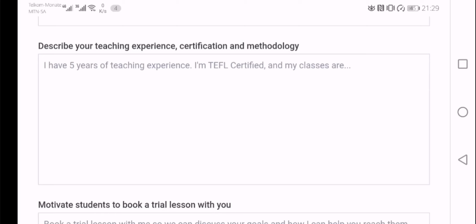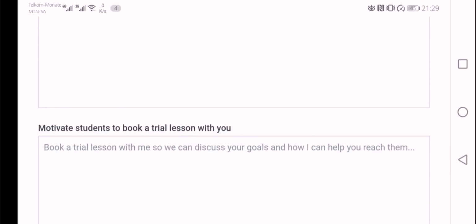conduct lessons. So if you're doing conversational lessons, you'll explain more about how you're going to have those lessons, what you're going to do, what kind of resources you offer, or what kind of materials, if any, you offer to your students. You'll just talk about your teaching style and things like that. Please remember in all of these sections to be very descriptive and give every single bit of information that you